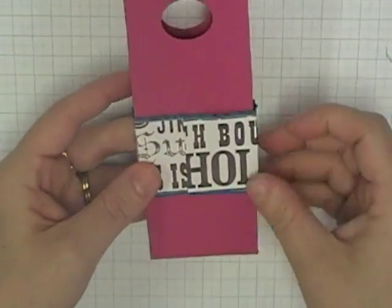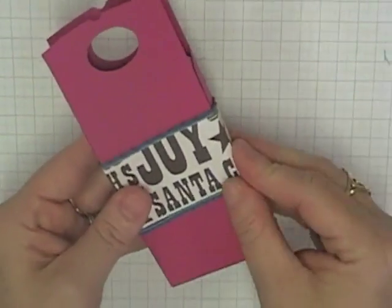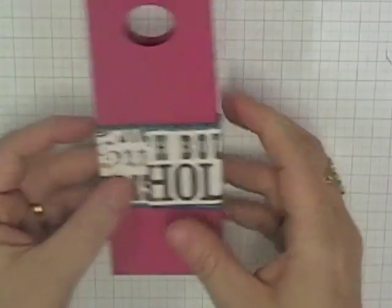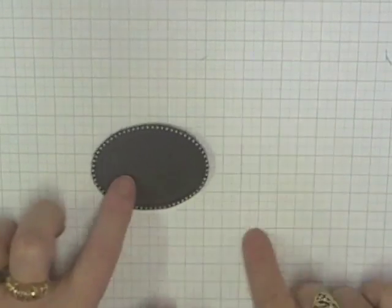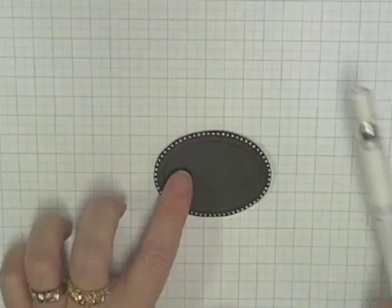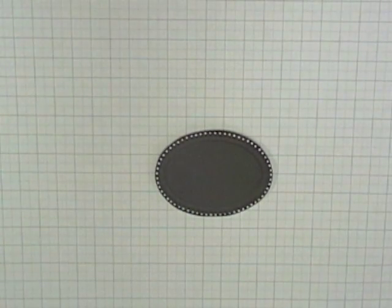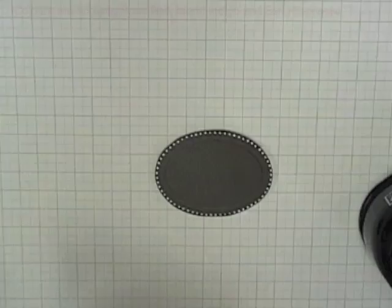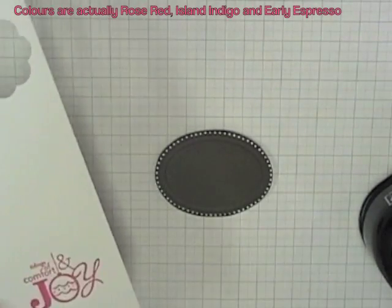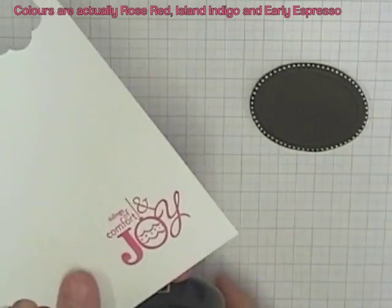Okay, so now we're going to cover this bit in the front because it looks a bit horrid. So to cover the bit in the front, all I've done is got one of our new little oval designer frames in some early espresso cardstock. Used a white gel pen to cover over the dots. As you can see, I'm using non-traditional colours here. I've got Regal Rose and the new Island Indigo with a little bit of early espresso,